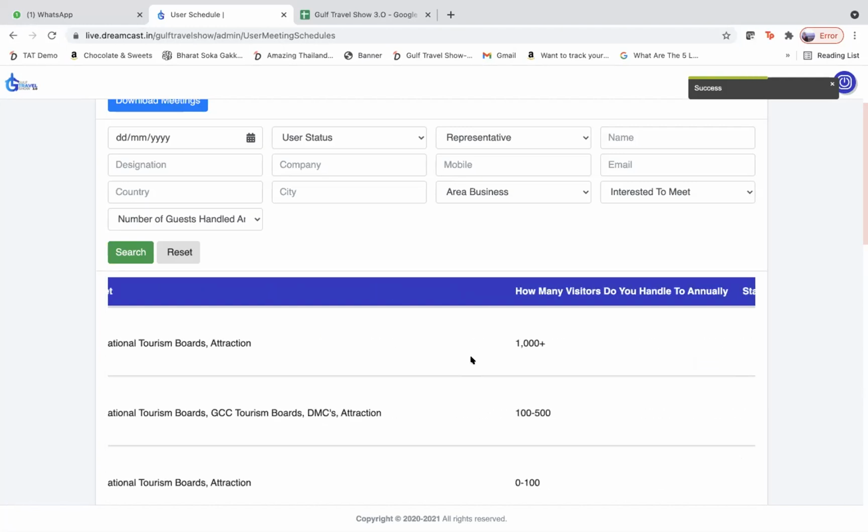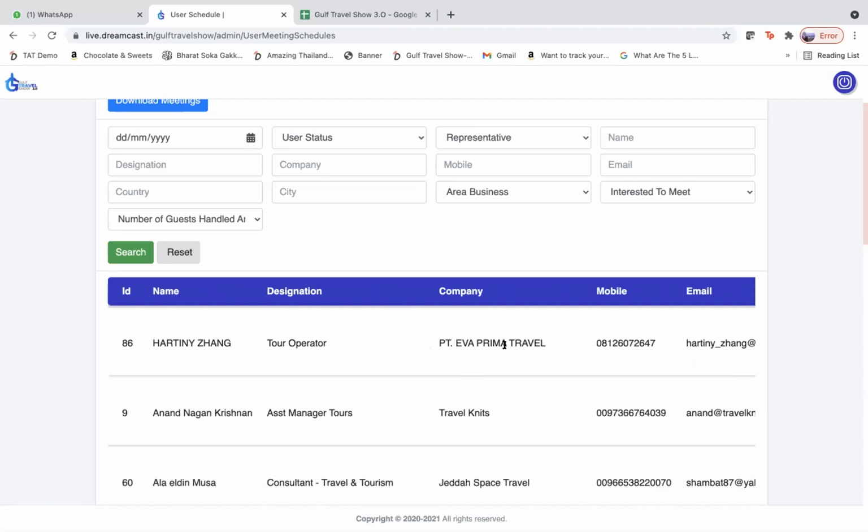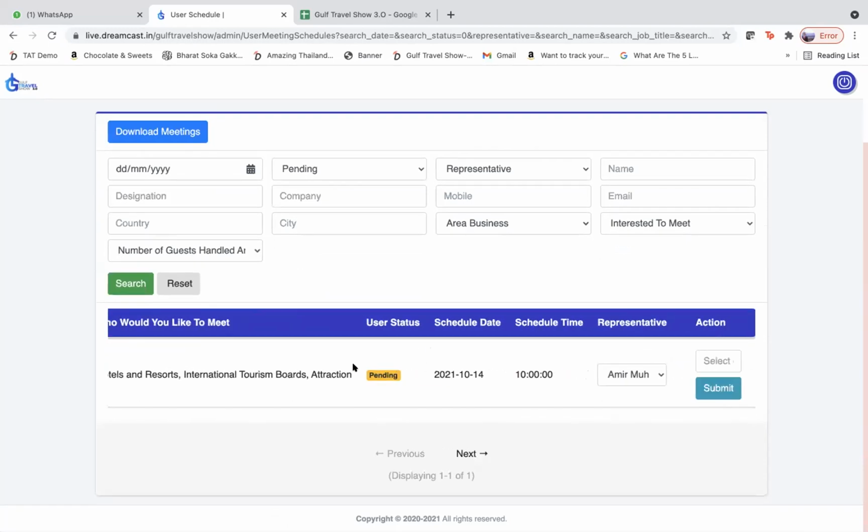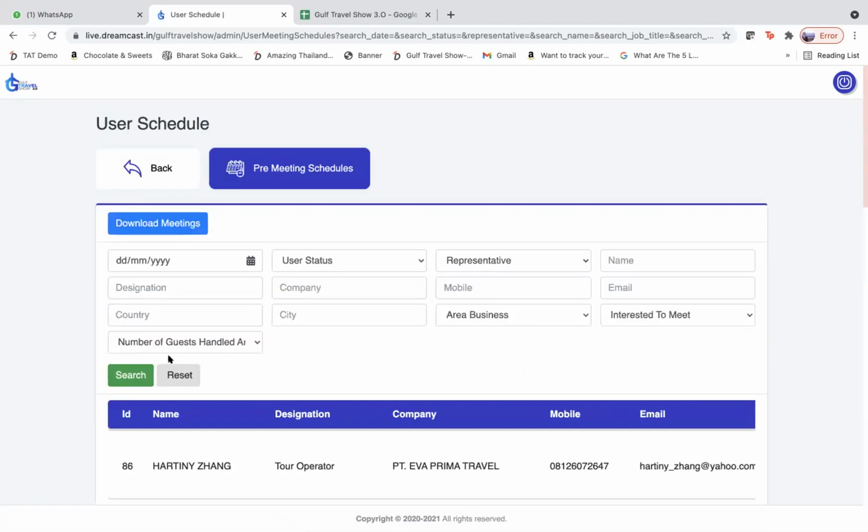that's it. You need to do only this. Then for this meeting that we have requested from Prima Travel, this particular person will get an email requesting the meeting. If they confirm it, it will fall in our confirmed or accepted list. If they reject it, it will fall in the rejected list. Until they do anything, it will fall in the pending list. Can you see right now? Here the pending tab will come. So this is how you request a meeting. You can put all users and then search, and everybody will come again.